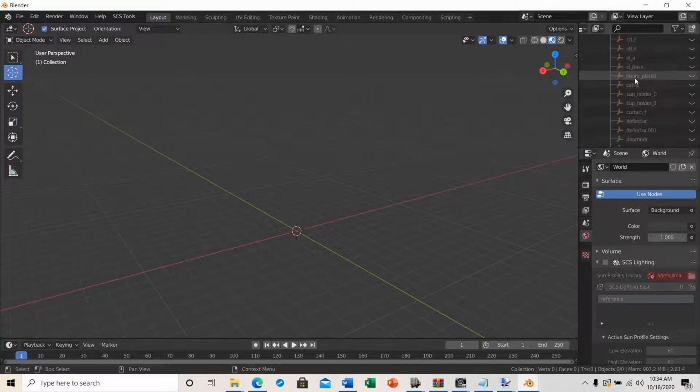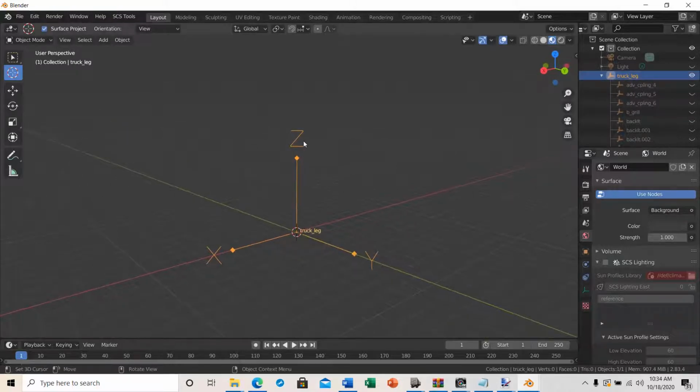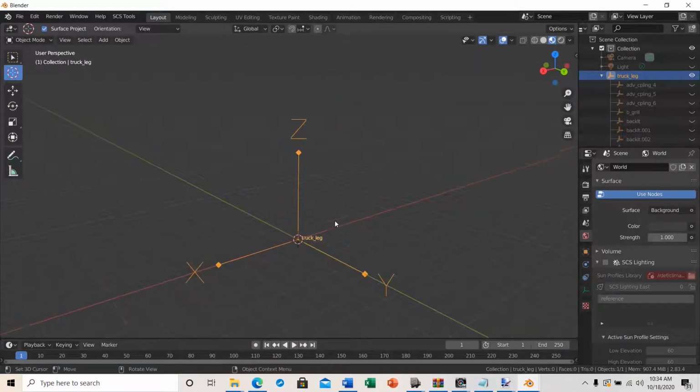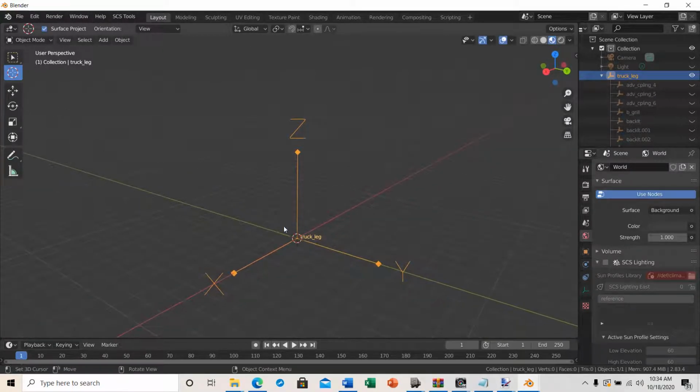If you click on the root, you activate it. It shows up as a single dot, and it has XYZ coordinates for that truck root. And every locator is attached to this